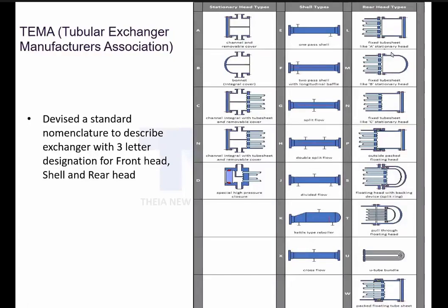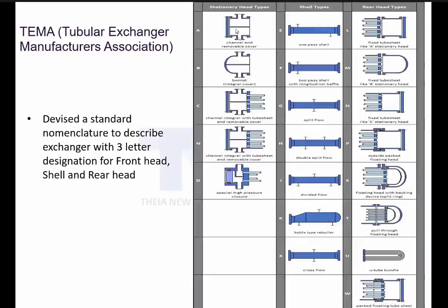See here, the tube sheets are fixed. So if you want to remove my bundle from here, I need to remove this entire thing, I cannot remove this flange. So if you use A, E, M, it will work, no doubt. But the most economical, whenever you see M type, bonnet type, the recommended is B type, most recommended.